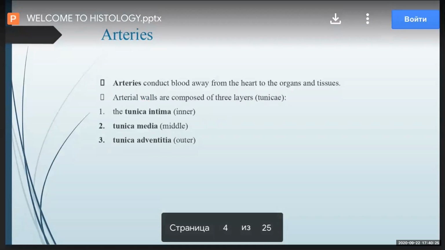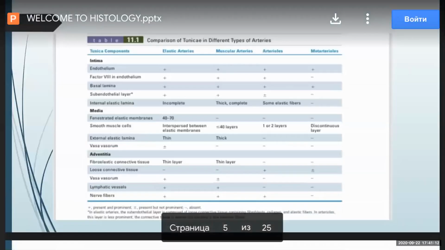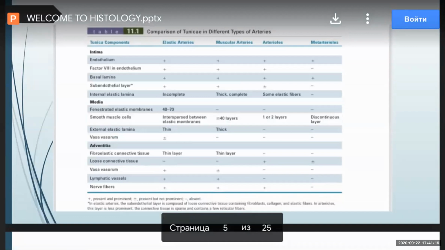About arteries, as I said, they conduct blood away from the heart to organs and tissue. Yes, you know arteries. And here in histology, we will talk about their structure. Arteries have three walls. Tunica intima, this is the inner side. Tunica media, this is the middle wall. And tunica adventitia, this is the outer. So there are three tunicas: intima from the inner, then media, then adventitia. Okay, good. And if you look at this table,